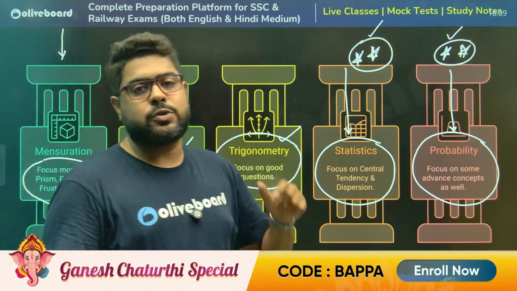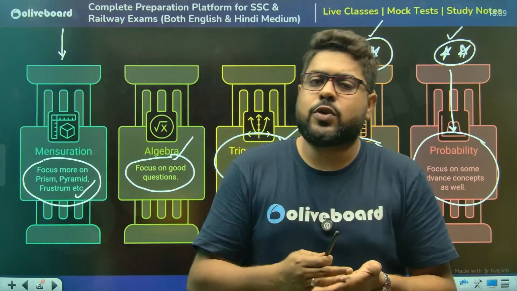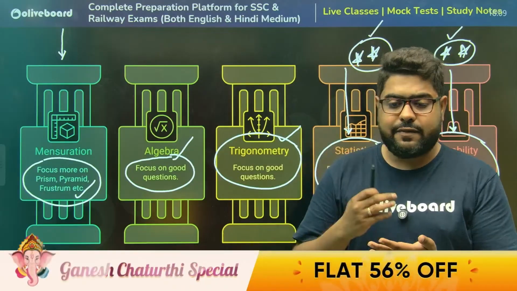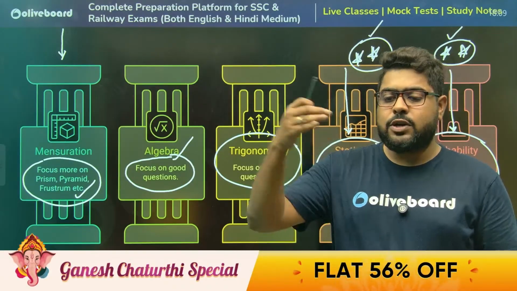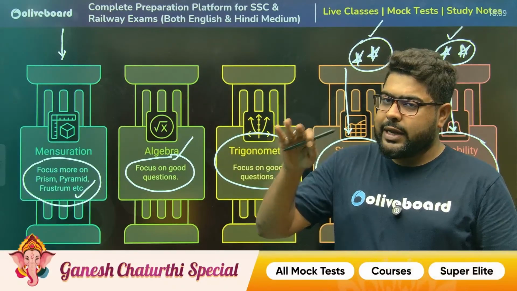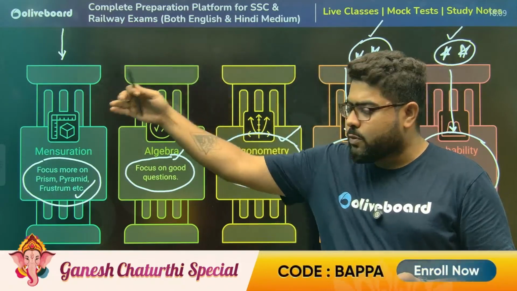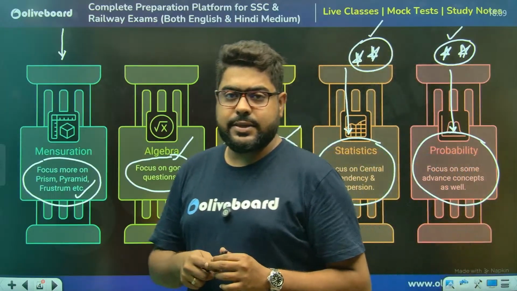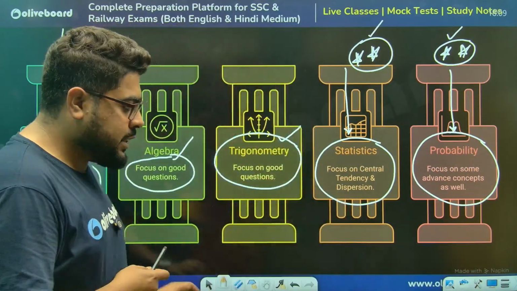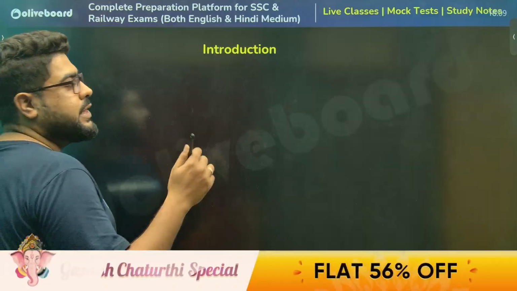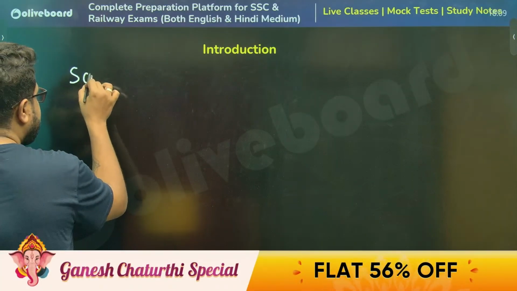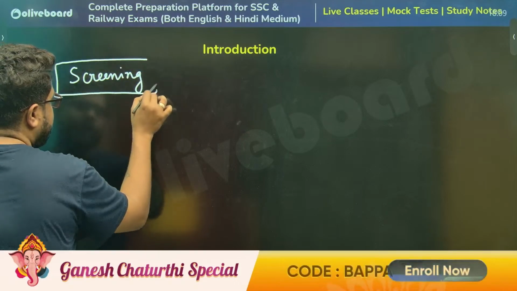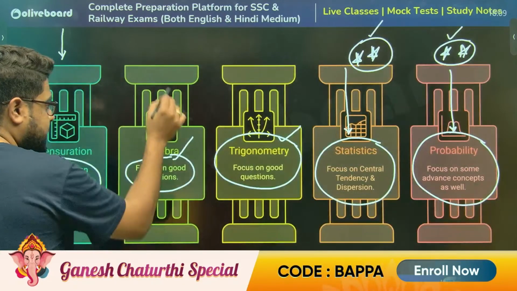So if you need to score, say, 160 or 170, very high marks, and 160 is now a very, very good score, then you cannot just start doing questions from 1 to 25. I'm talking about the quant part, the math section. The strategy that I'll be discussing with you guys is called screening. And I'll solve some questions based on this today only.